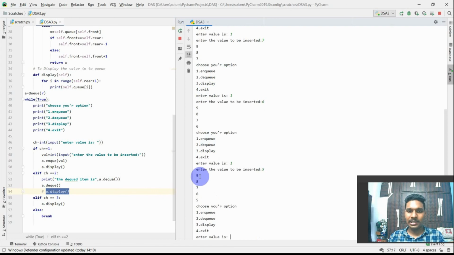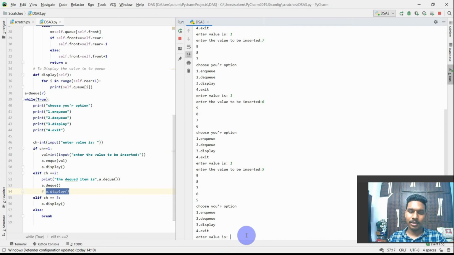So my values are 9, 8, 7, 6 and 5. These are the values in my queue. As I gave the queue a maximum limit of 7, I can enter only up to 7 values, but I am taking only 5 values. You can enter up to 7. You can keep it 100 here and you can take 100 values.